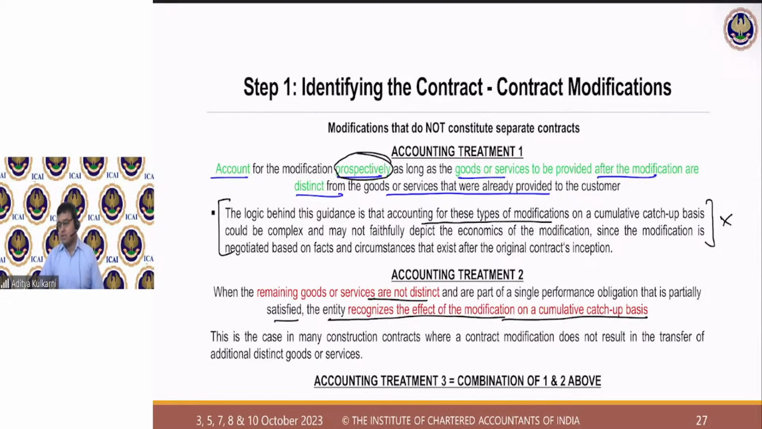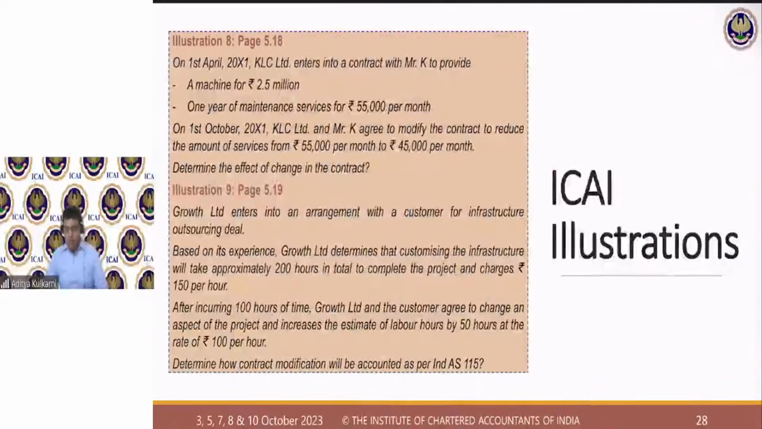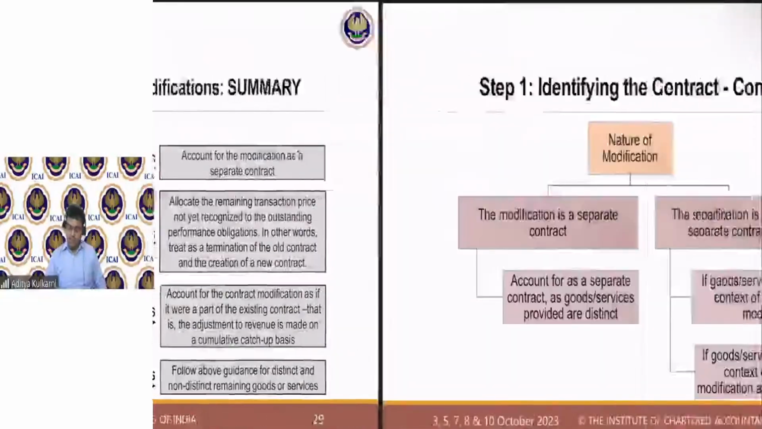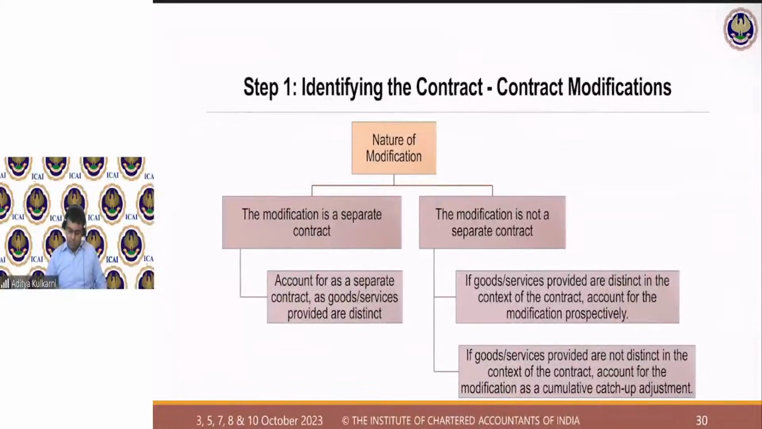Are we clear with this? That means accounting treatment 3 will be a combination of 1 and 2 above. Okay. So we will try to understand this with the help of an example that the institute has given. I think that's the easiest way we can understand going forward. Okay. Now